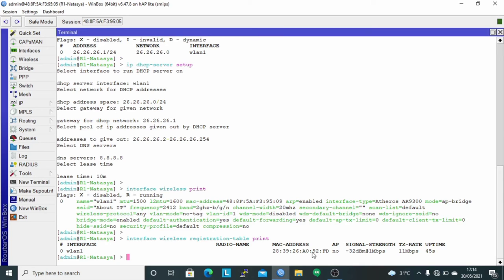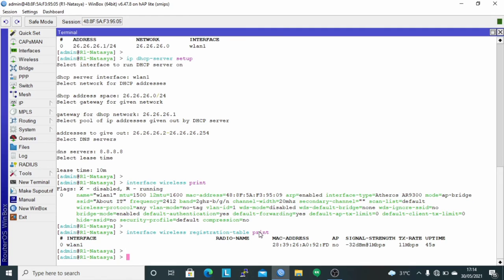And then configure the access list to add the MAC address of client 1 on the access list table with the command interface wireless access list add interface. Here use interface WLAN 1 and MAC address is the MAC address of client 1, which is the client laptop.